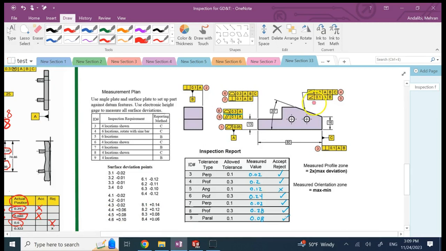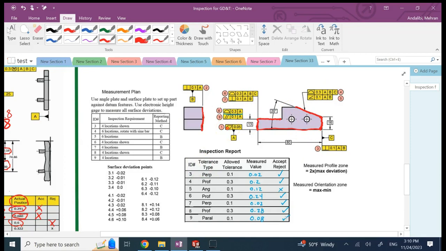So here, as you can see, I have a bunch of points for measurements. One is datum A, the entire bottom surface. Two is datum B, the back surface. Three is datum C, the right-hand surface. Then 4 and 5 are both for the slope. 6 and 7 are for the left surface. 8 and 9 are for this surface. So we need to check all of these for all sorts of